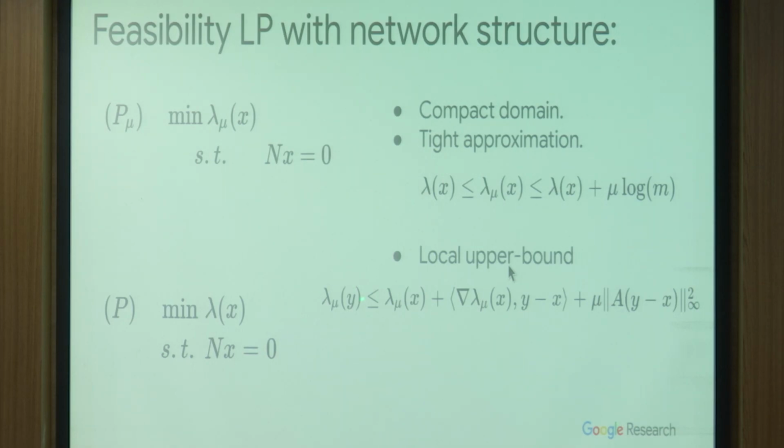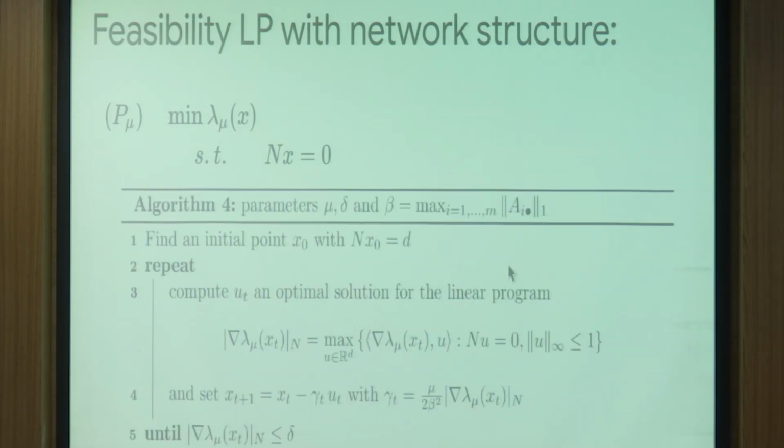And you can get this local upper bound, the gradient and some term on the matrix, which is easy to compute actually, times mu. So one way to solve this is to solve this approximation of the upper bound, and you can get an algorithm. And the algorithm is kind of a gradient descent with a fixed point. And if you do the math, essentially the only trick is how to handle this part, and how you handle that part, you do a projection.